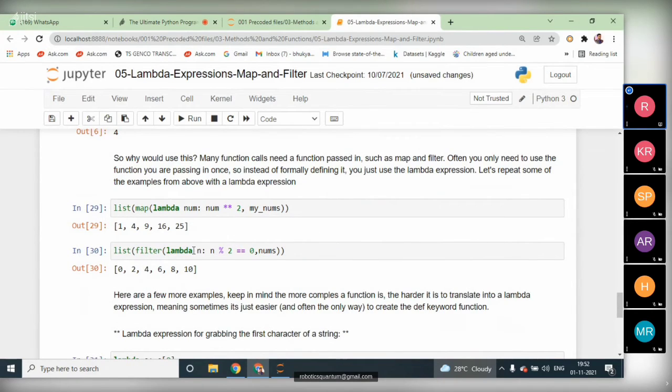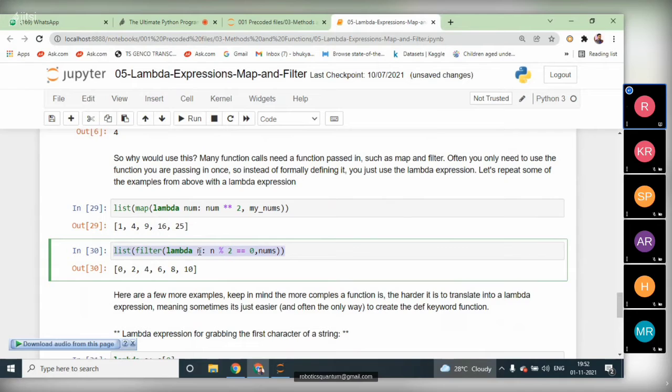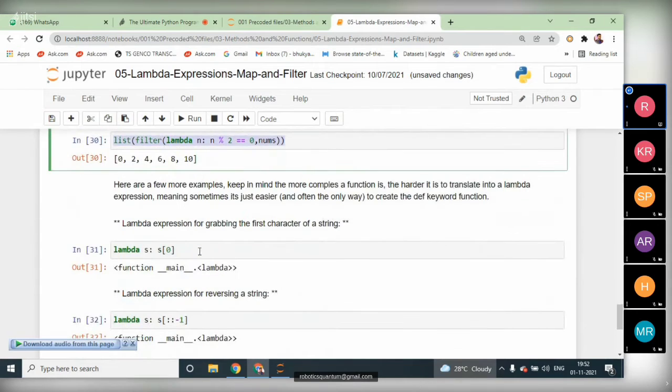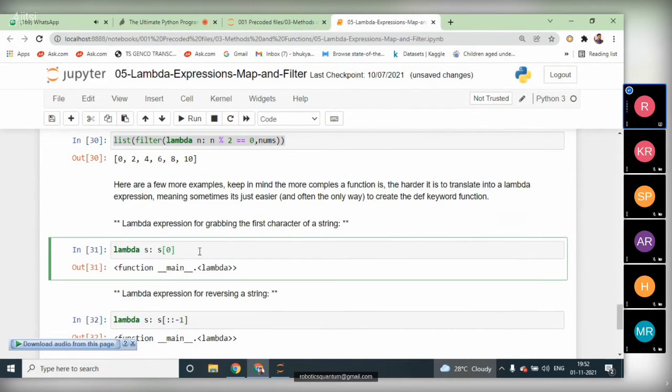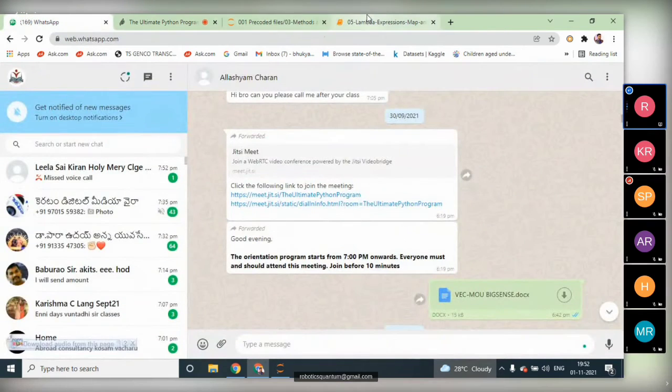Here, we can also pass a lambda function as a parameter like a general function in the map function. See, the total operation we wrote here, and my numbers is a variable. Here it's performing the square of each number, and it's picking only even numbers in the given list. Likewise, we can also perform multiple things over here.